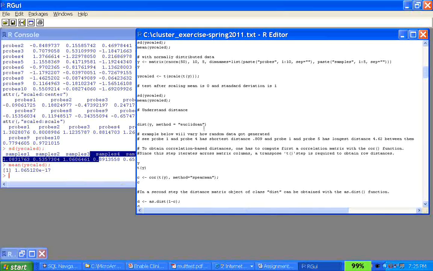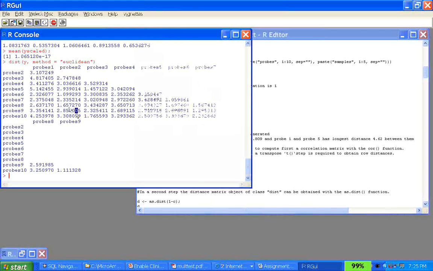For now, to use this distance, we're going to use the Euclidean, which is just simple geometry. It subtracts between 2 points, takes the square root, and divides by the number of points. So first you define your distance function, and that's what it did now. You have your probes, between probe 1, and it took all the samples into consideration. Now it's just comparing the distance between sample to sample. There are 2 ways you will do this distance: you want to see how close the samples are related, which is column-wise, and then how close the features themselves are related, which is row-wise. So between probe 1 and probe 2, the distance is 3, and between